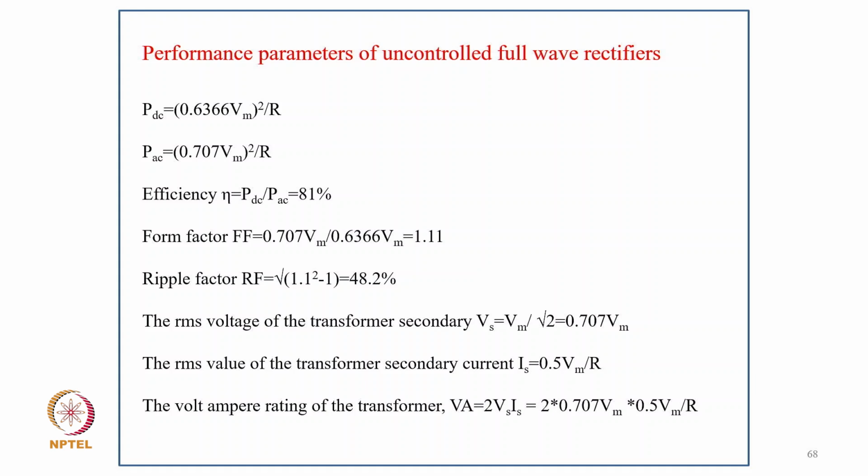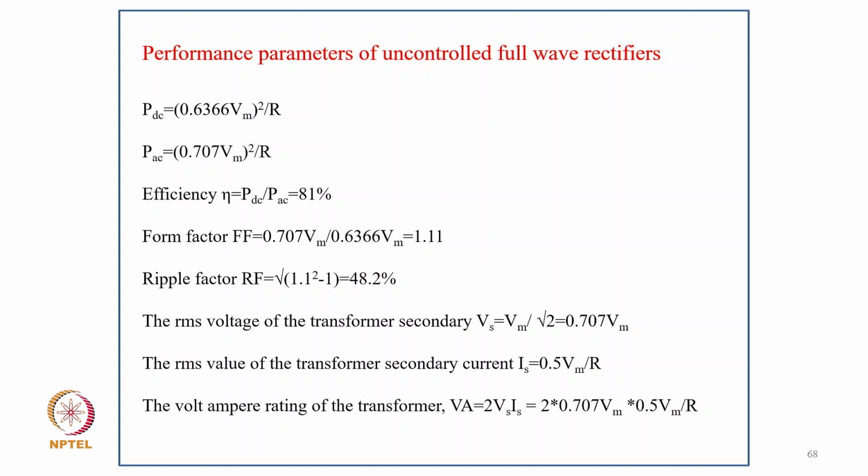So efficiency is PDC upon PAC, that is 81%, and form factor is 0.707 Vm upon 0.6366 Vm, that is 1.11, and ripple factor is under root of 1.11 square minus 1, that is 48.2%. And RMS voltage of the transformer secondary is Vs equal to Vm by root 2 equal to 0.707 Vm, and the RMS value of the transformer secondary current is Is equal to 0.5 Vm upon R,